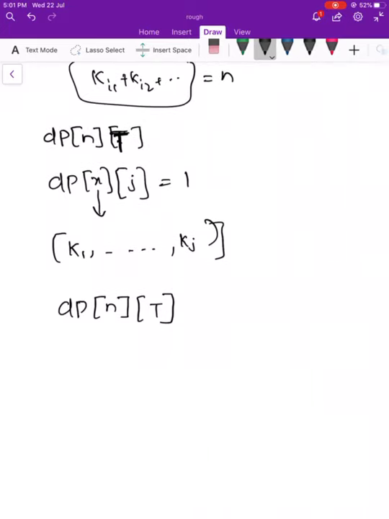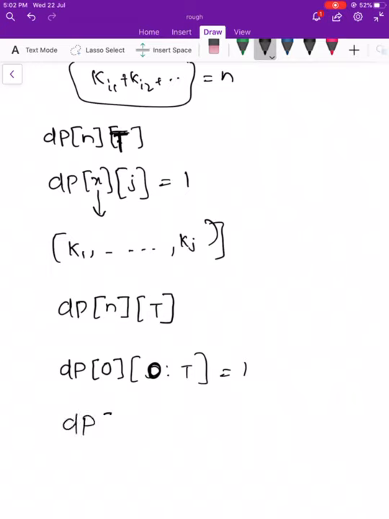So let us find the relation between the dp's. The base condition is dp of 0, j equal to 1 for all j from 0 to t, because simply we can make 0 by not selecting anyone.